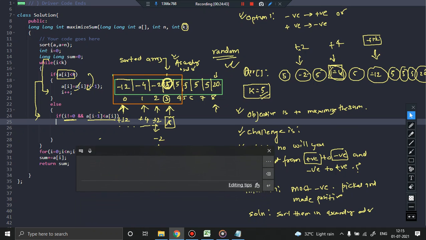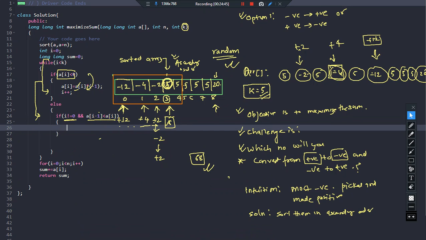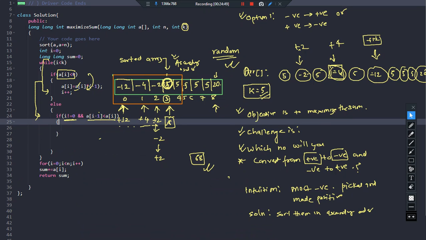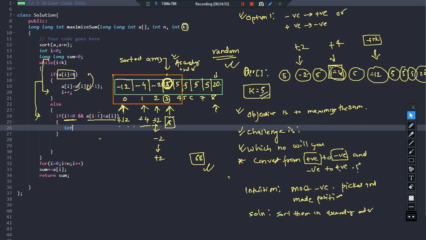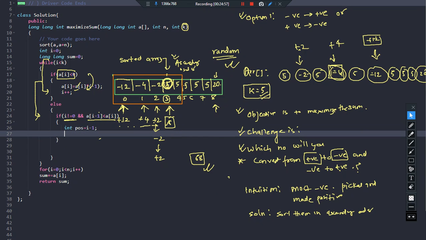For this case, what should we do? Let us perform the changes on the previous number. So we say integer pos equal to I minus 1. Just locate that number, that is minus 2, because this number is smaller than this number 5. So pos is equal to I minus 1.